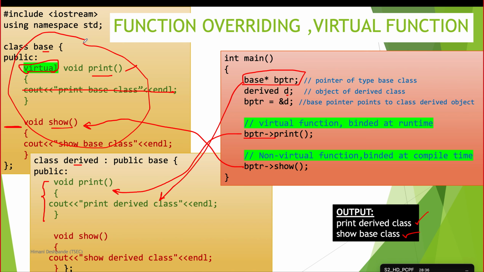You have abstract functions in Java. In C++ you have virtual functions. Your pure virtual functions are abstract functions. What is called a pure virtual function in C++ is the same as an abstract function in Java. Okay, so you have done that in the Java lab, right? Yes, ma'am, in interface, yes. So in interface, whatever is the abstract function, the same role is of this pure virtual function. Right now I have taken a virtual function. A pure virtual function is only these brackets, nothing. That is an abstract function.